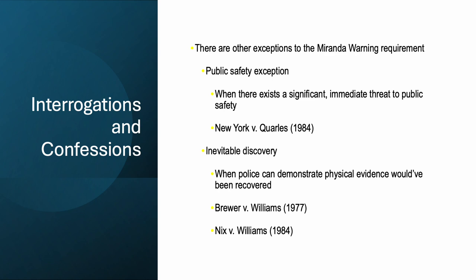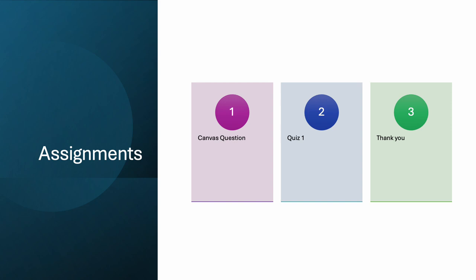Now, when you think of the interrogation, the Miranda warning requirements, again, there's a public safety exception. If something is an immediate threat to the public, so if someone was barricaded in a house and you're trying to talk to him to find something out, or if a bomb was going to go off and you had to get information, that would be an example where there would be a deviation to that.